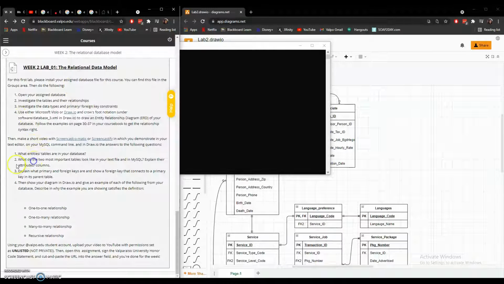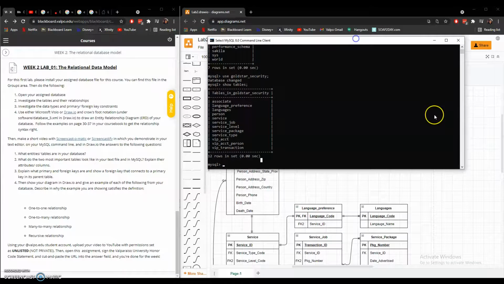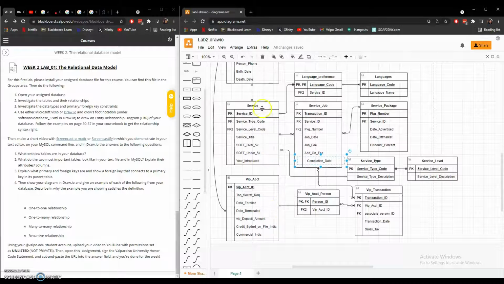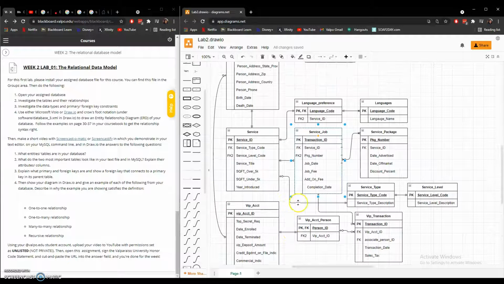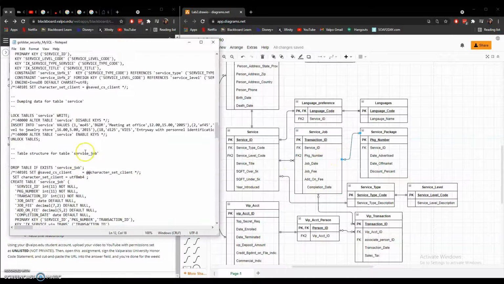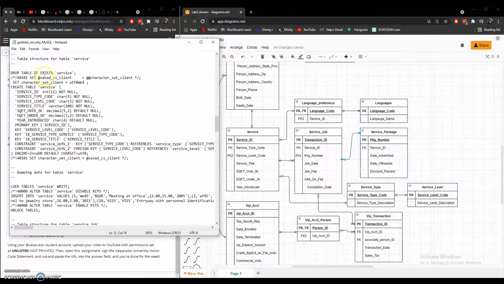So question 2 now is, what do the two most important tables look like in my text file and in MySQL? I believe the most important tables that I have right here are going to be service and service job. I believe that these two are the most important just because they all point to at least 3 different data tables. Now how that works is right here when I come to the service table,